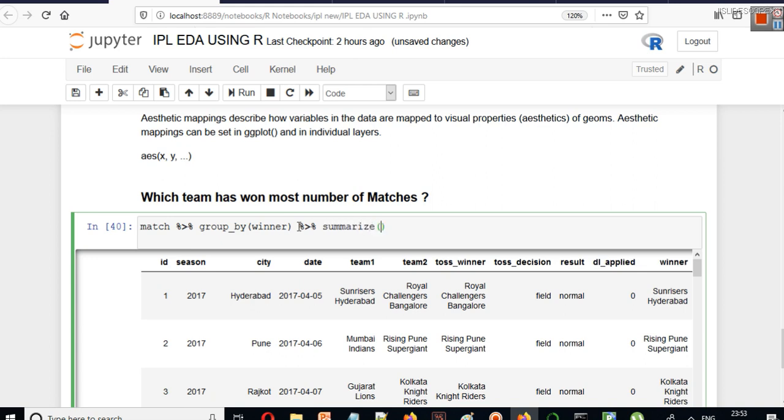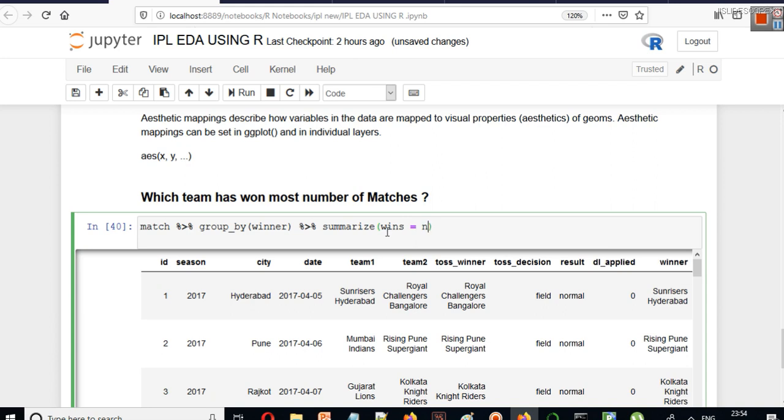Using this, first we grouped the match data frame by winner, and then after grouping that complete data frame we are summarizing it. Let's say wins. Wins is the column that we are creating here. This wins is a new column in which we will have the information of the number of wins.